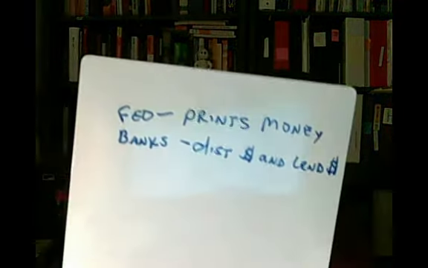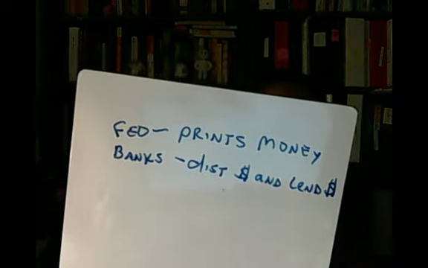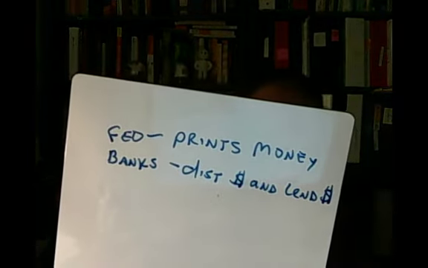So then what we're going to be seeing here is that in the fractional reserve banking system, the cash is distributed and then banks make loans. So what this allows us to then do is talk about something known